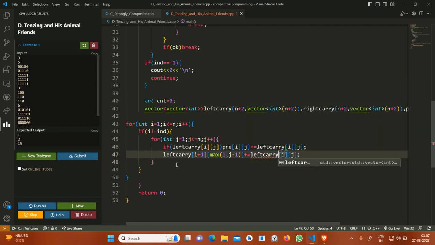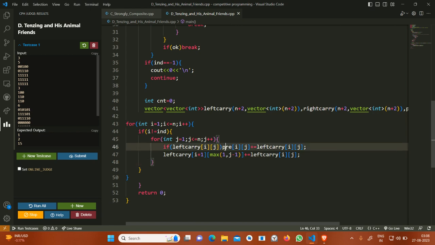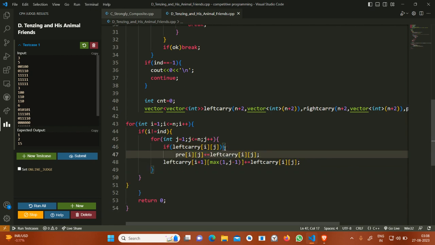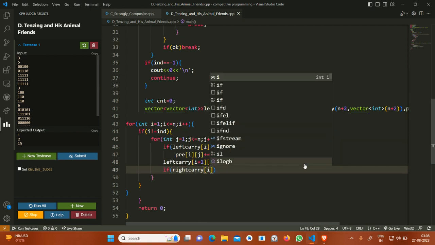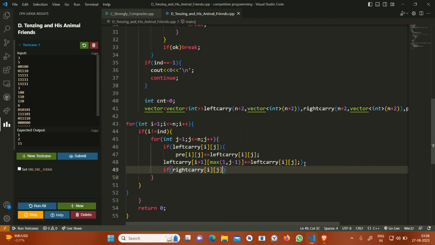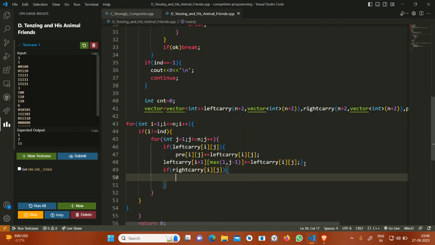Now I will also perform this for the right carry. If there exists a left carry on this cell, then only I will perform this. Similarly for the right carry, if there exists a right carry on this cell from the previous cells, then obviously I would have to perform this. And I can say that here I will just require prefix of i, j plus 1